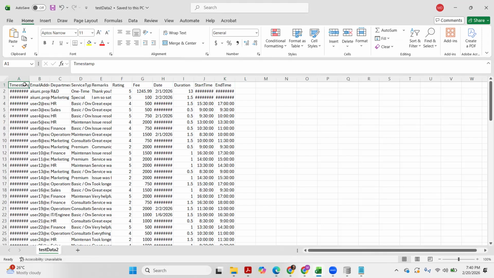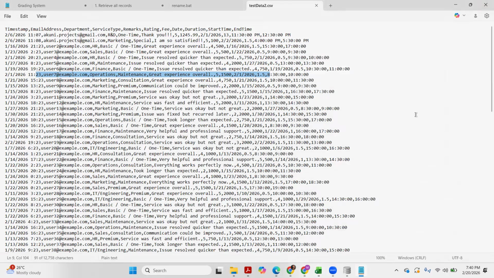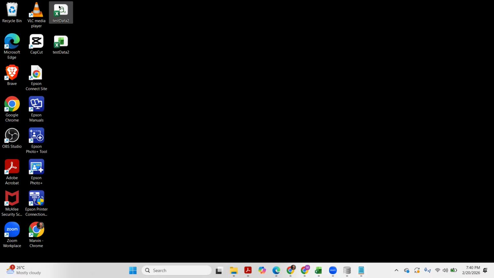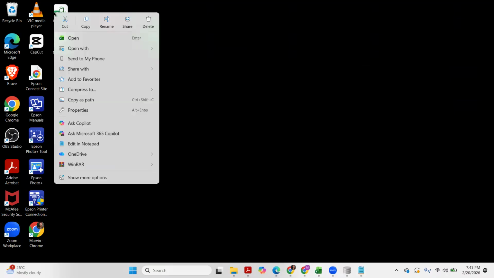If you didn't get it, I'll close it again and double click this. As you can see, the default app is Excel. If not, you can simply right click, choose open with, and then choose Excel, or you can choose Notepad if you want.